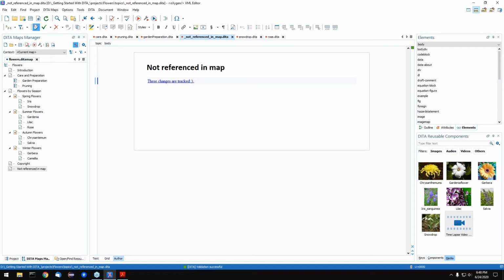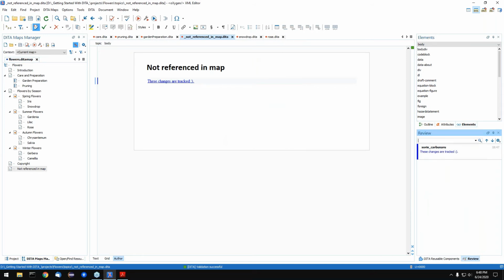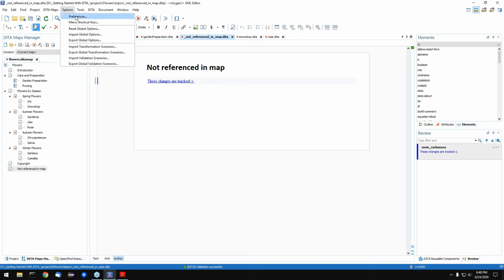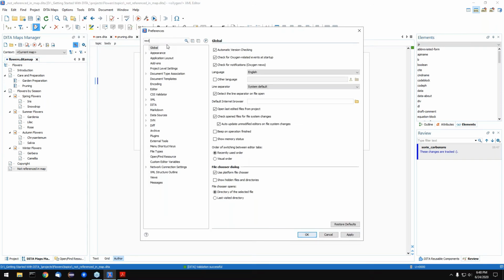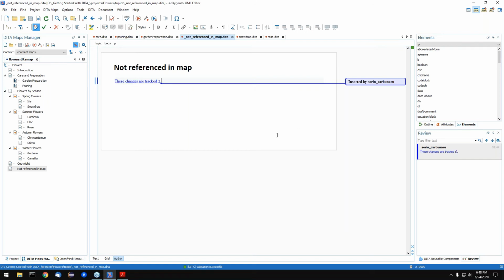Actually, there is also the possibility to see these changes on the side. So maybe, yes, like callouts in the options. That's one possibility, with the review pane that Sorin just made available. And the other is by seeing this as callouts. So if you go to the options, preferences, then we also have an option for review callouts. Yeah, and then you can enable this also for track changes, and then you will see something like